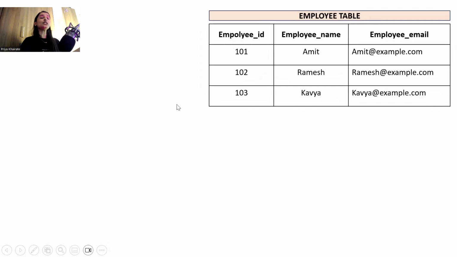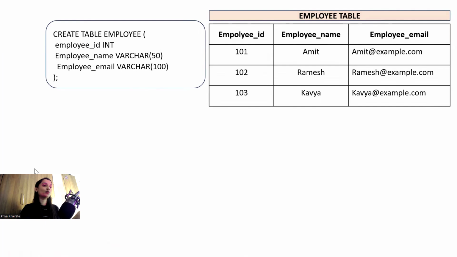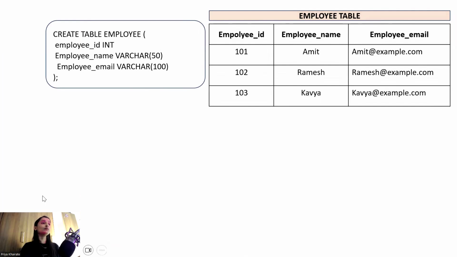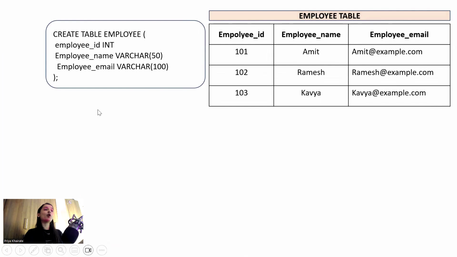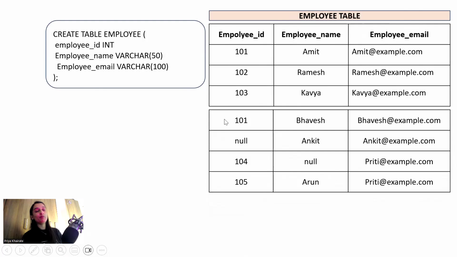See here. This is our table. Look here, everyone. Let's say this table we have created by writing the query like this. Okay, I'll just move the video here. So create table employee ID is integer, employee name varchar, employee email varchar. Now, the way we have created the table, very easily we can understand. Nobody will stop us from inserting the duplicate values, null values, because constraints are not there. So if you want to insert the values like this, it is allowed.